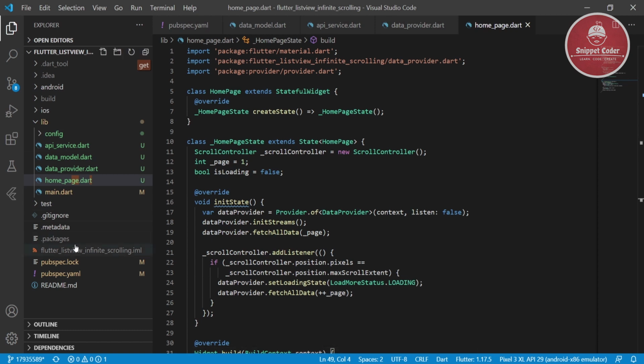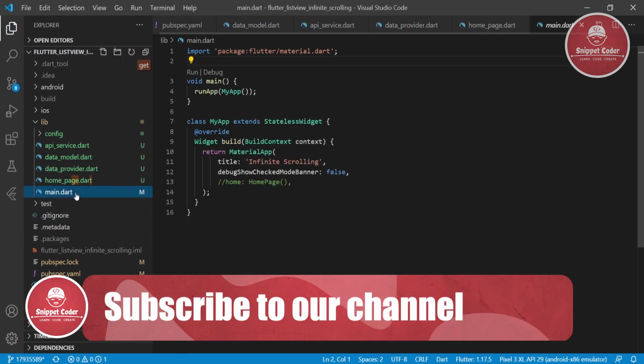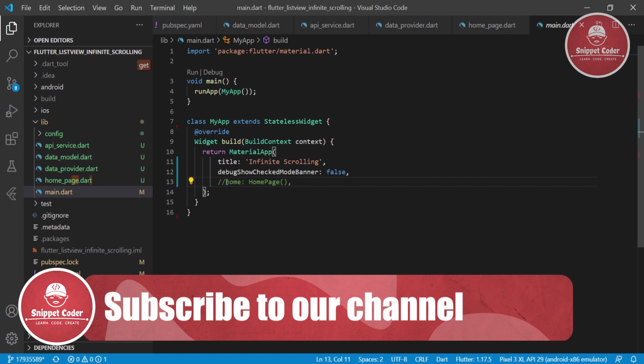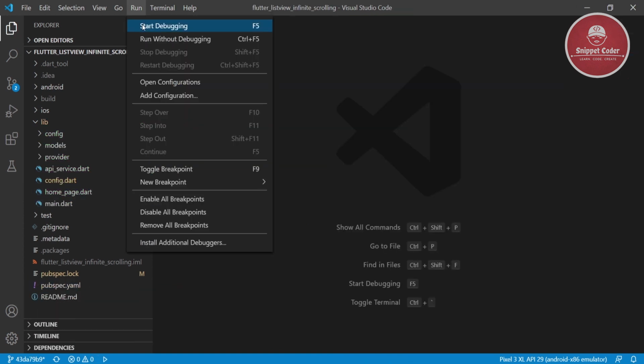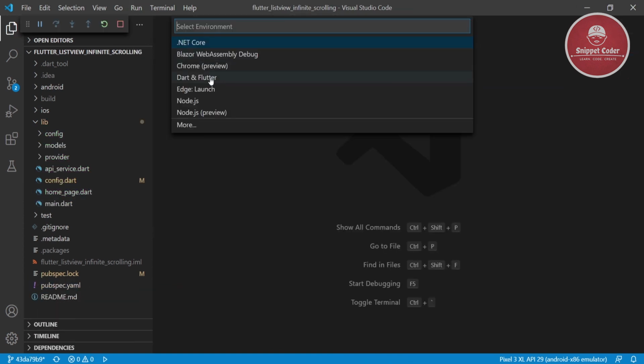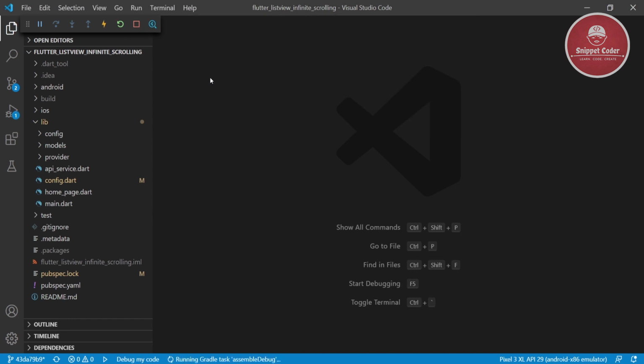So now we have to update our main.dart file to call our home page. So now we will run the application to see how the infinite scrolling is working.